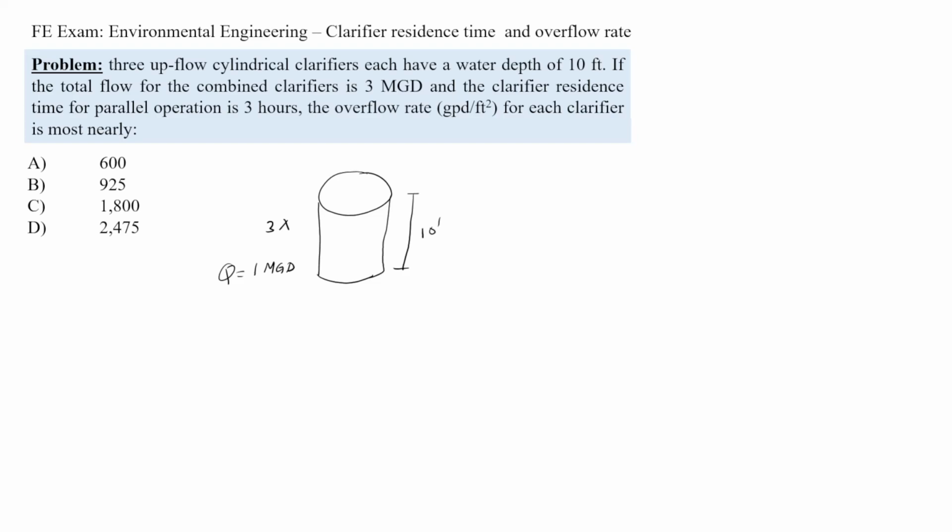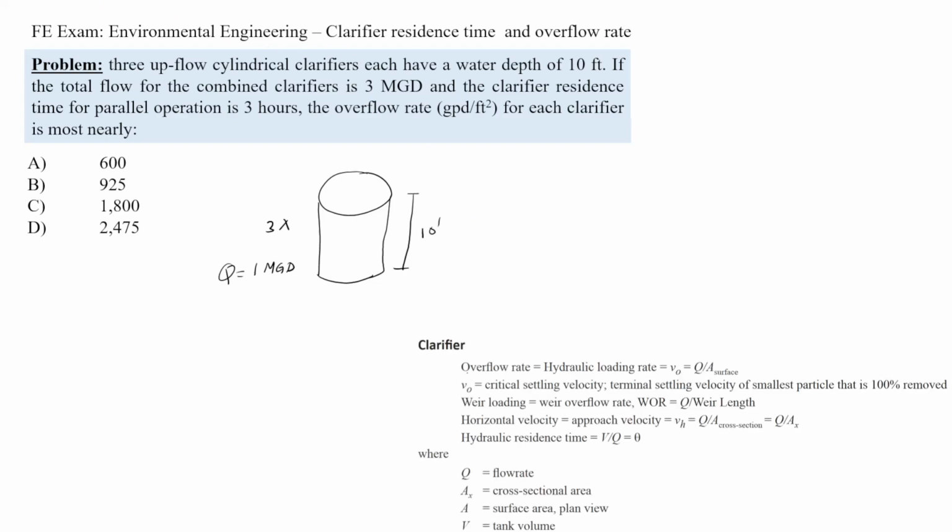Okay, in order to do that, we have to go to the clarifier section in the FE handbook, and the overflow rate is the flow divided by the surface area. We don't have the surface area, but we know that the residence time is 3 hours. Now, the residence time is basically the volume divided by the flow, and the volume is the height multiplied by the surface area. So 3 hours,